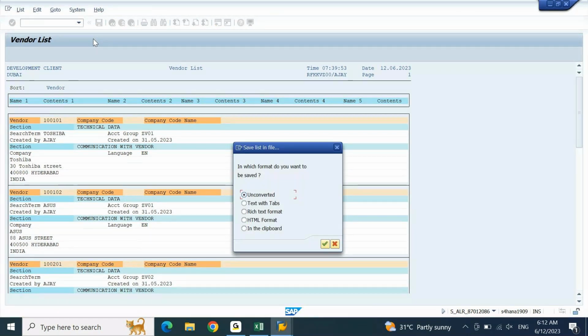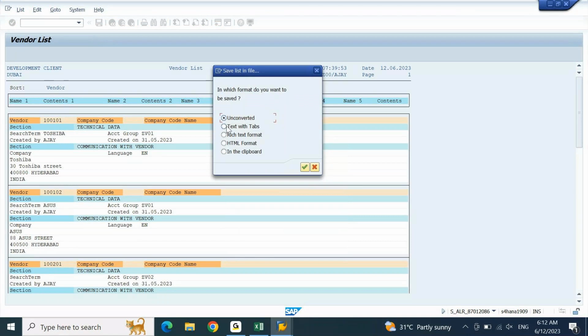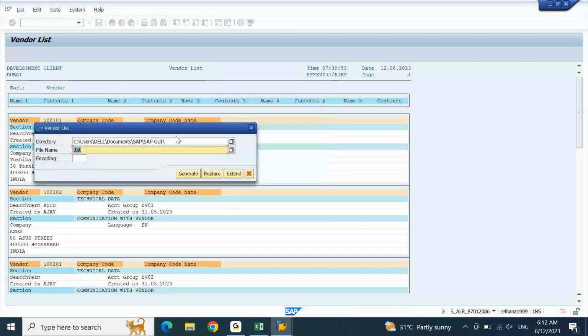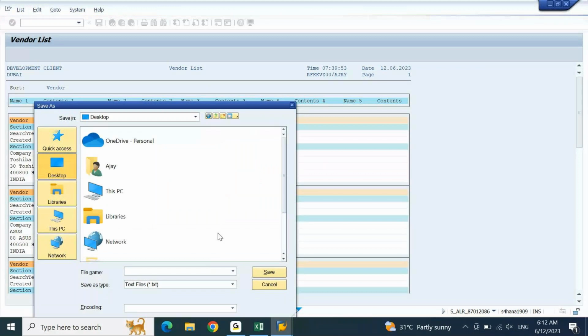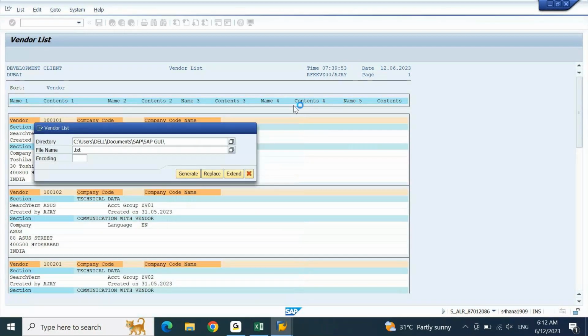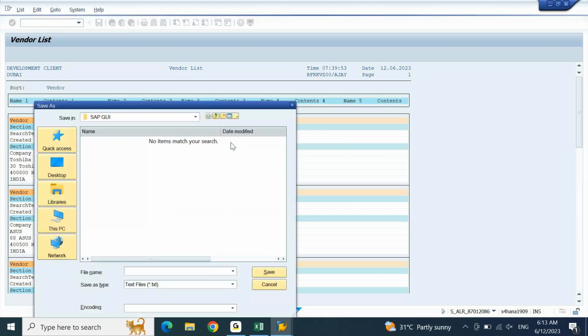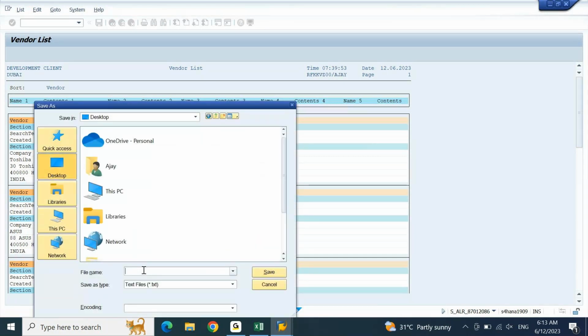From here, I'll click on text with tabs, continue. Here I'll select the path as desktop. I want to save this on desktop, and file name I'll put